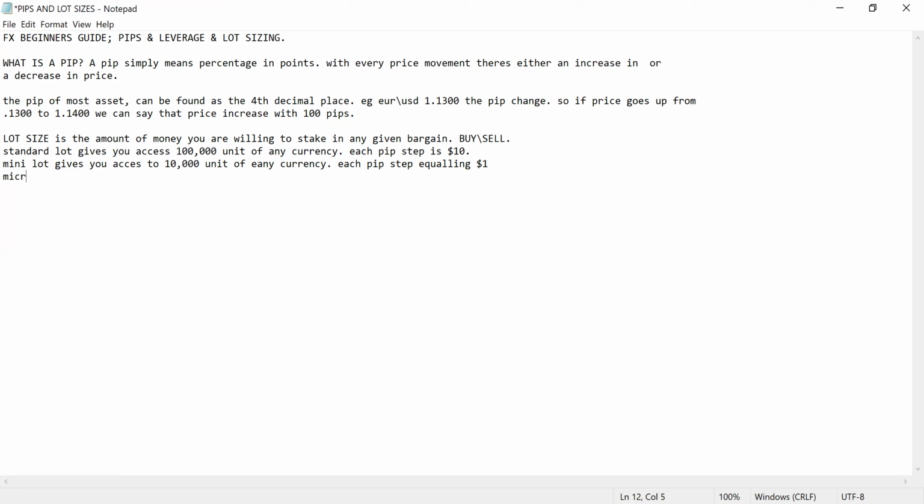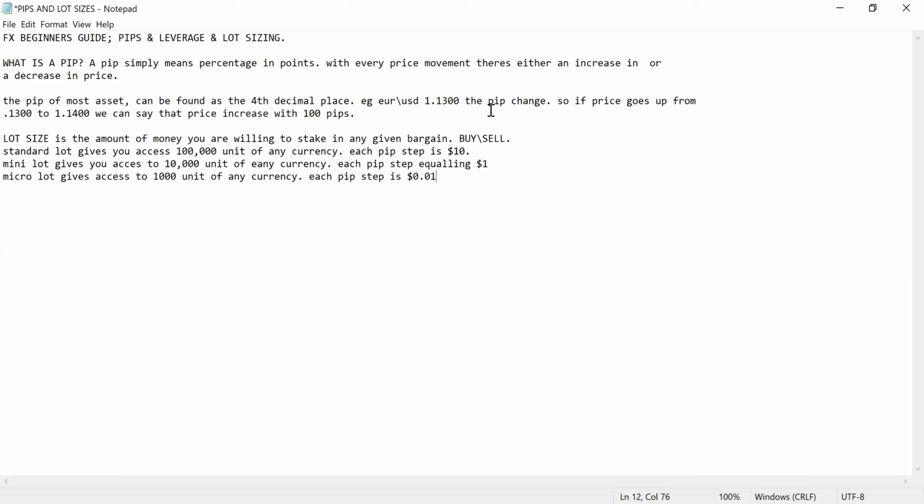And then we have the micro lots, which are 1,000 units. Each pip step is equal to what? $0.10. So basically, now you understand